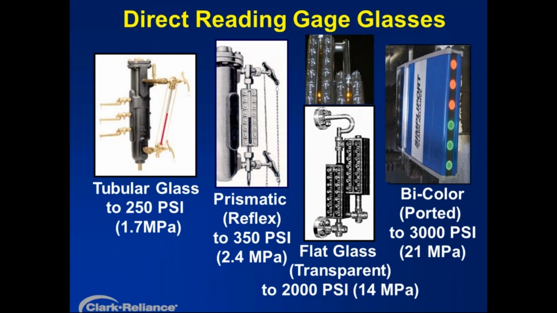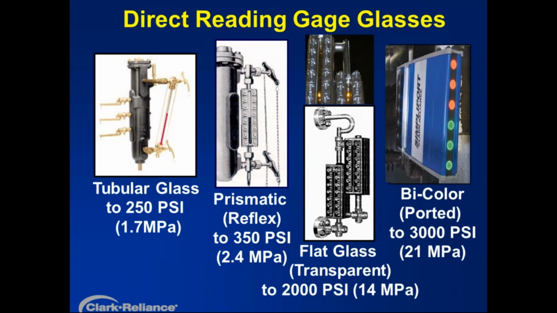Those gauges are limited to 2,000-pound service by most manufacturers with various models. When you start getting beyond 2,000-pound service, it's very difficult for an elongated piece of glass and the associated gasket to survive such high service. So that's that type. The last type shown is a bicolor ported gauge that displays green for water and red